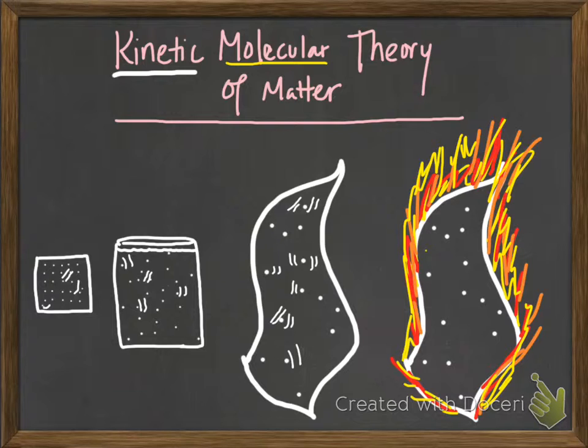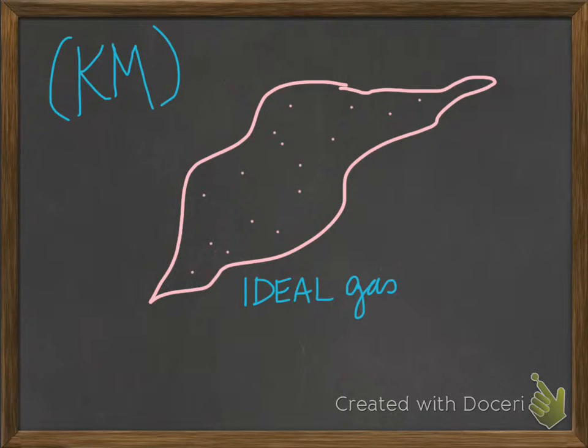How does that relate to how gases behave? Well, that's what we're about to discuss. So when we talk about kinetic molecular theory of matter as it relates to gases, and we'll just call it KM for short, we first have to think about what we'll call an ideal gas. An ideal gas? Well, it's perfect. And as you might guess, we can talk all we want about ideal gases. The gases don't always behave exactly the way we want them to. But for the purposes of discussing how gases behave in KM, we're going to go with 5 basic assumptions.